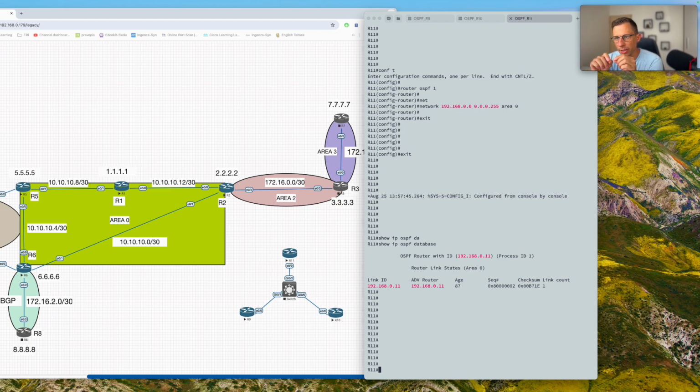LSA Type 1 is my own LSA, so I don't even have to have neighbors as a router to create an LSA Type 1. And that's what I will advertise to other routers when I establish the connectivity with the other OSPF routers. So I will tell them those are my networks. If I have multiple interfaces here, you will see multiple entries in the